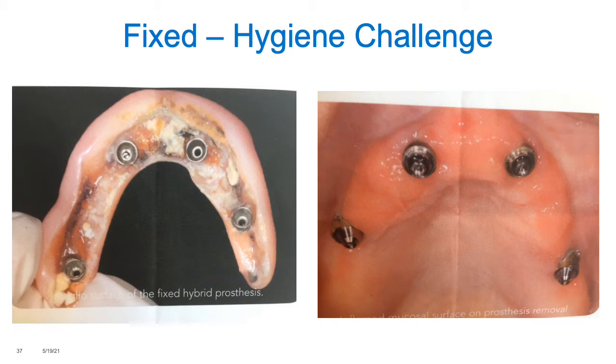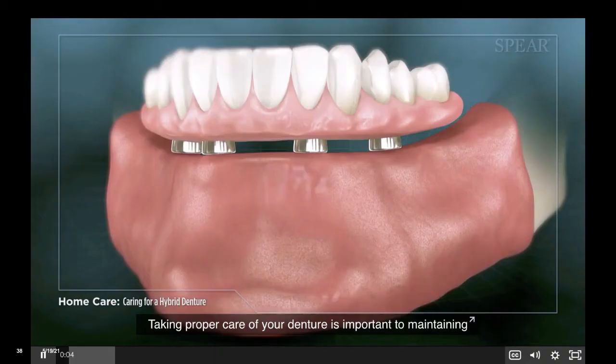You can see all that gunk on the bottom of that denture or the prosthesis, those red gums. You can only imagine how those implants are handling that stress. There's a video that actually shows